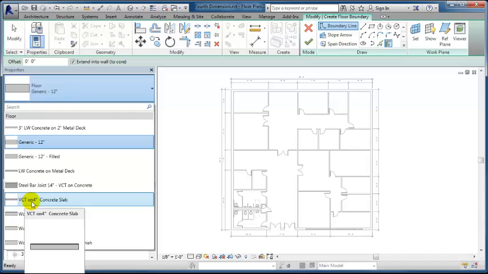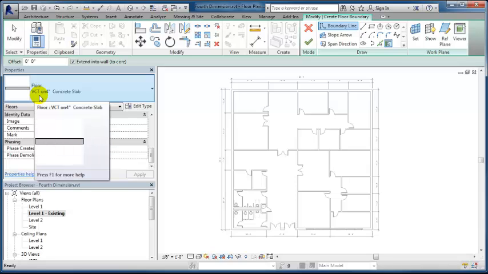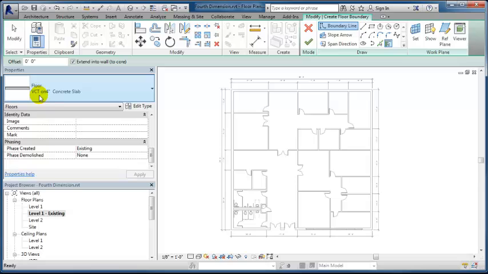This VCT on 4-inch concrete slab would be perfect. So VCT stands for vinyl composition tile, and for an office application that might work just fine, especially for our existing conditions. So let's go ahead and grab that, and we're going to grab our walls and place that information